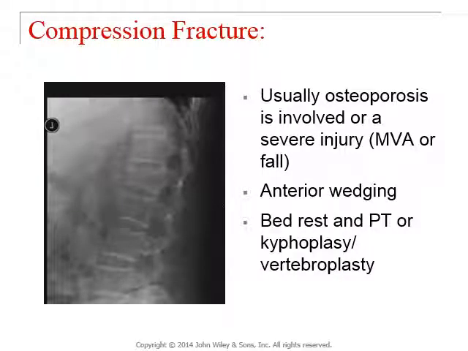Compression fractures, as I talked about before, you oftentimes see in the elderly, but you also see them in construction workers that take a severe blow to the head. There are also some other types of car accidents that can cause compression fractures. Bad falls, falling on your tailbone, can also cause this kind of issue. But usually there has to be an underlying condition to accelerate this. A lot of times it's osteoporosis, as we mentioned before, where the bony mass starts to depreciate, so you imagine the force